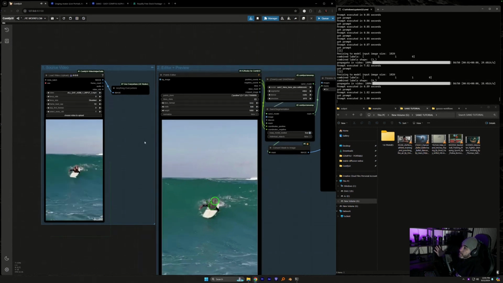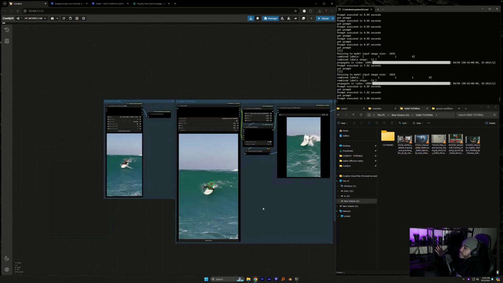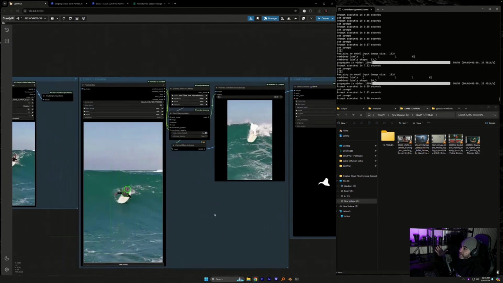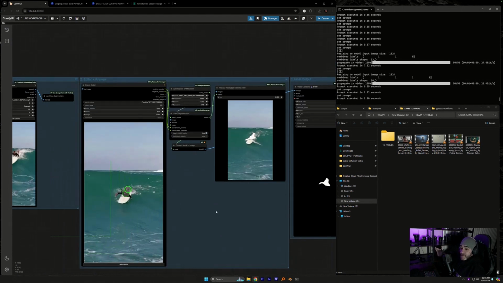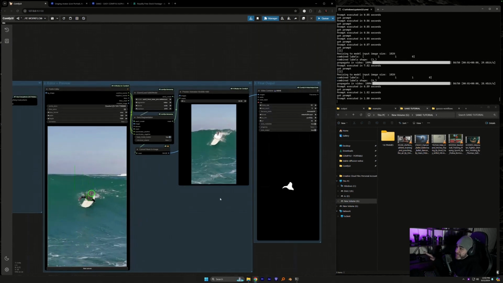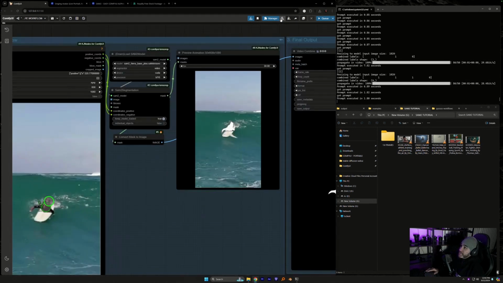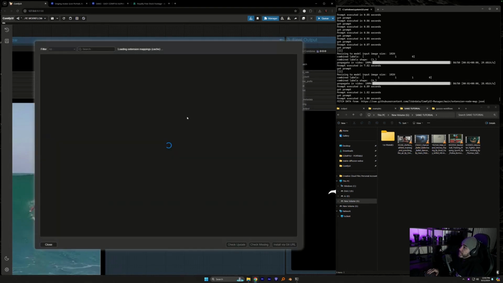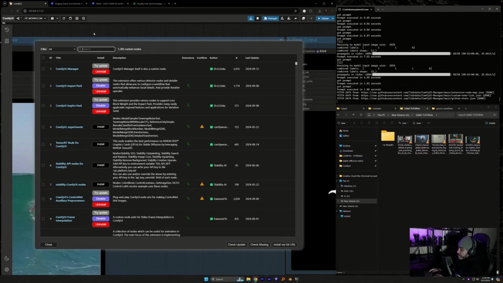Okay, so let's just walk through this real quick. This is the workflow that you'll see when you download and load that JSON file into your ComfyUI. It's literally just one JSON file. Boom. You'll probably have to install a couple nodes if you don't have these. There were 2 main node packs that you will have to install for this. And those, let's just look at those real quick, are going to be